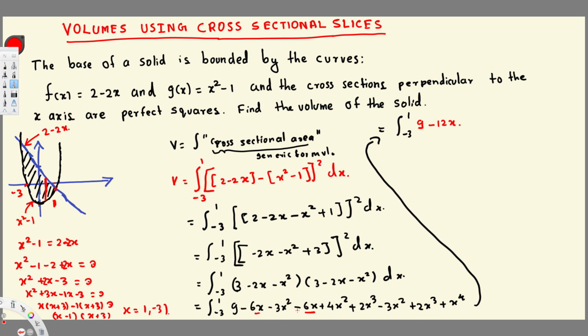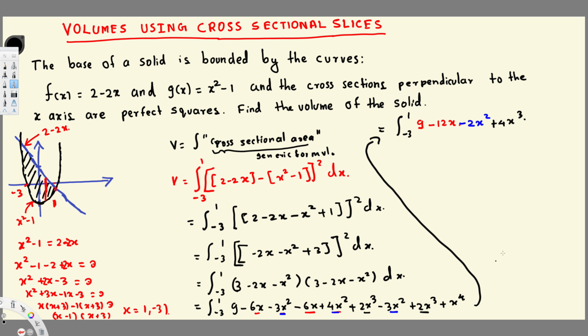Let's add all the x squares. We have negative 3x square, positive 4x square, and negative 3x square again. So that's going to give us negative 6x square plus 4x square, that's going to give us negative 2x square. So negative 2x square, and then we have x cubes. We have a 2x cube right here, another 2x cube, that's going to give us plus 4x cube, and also